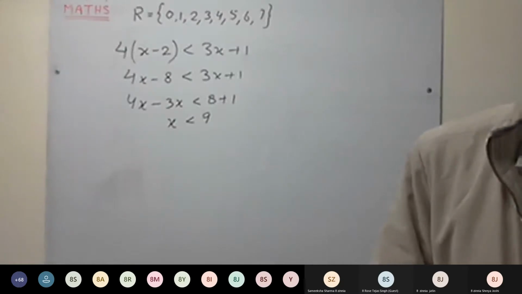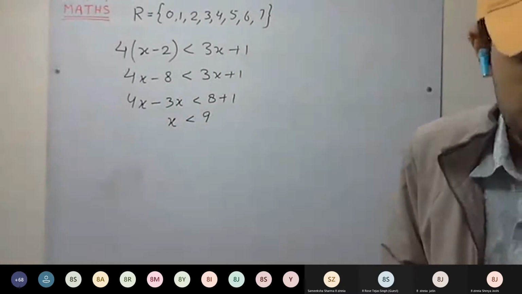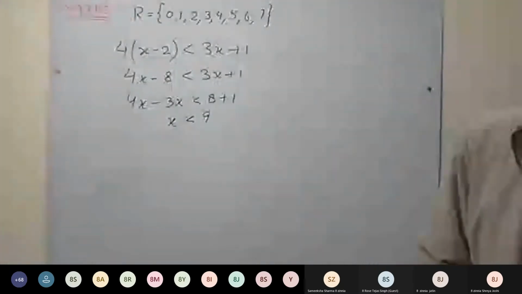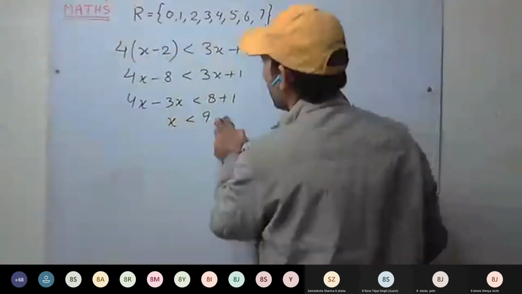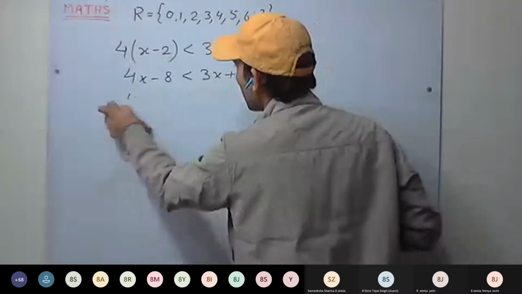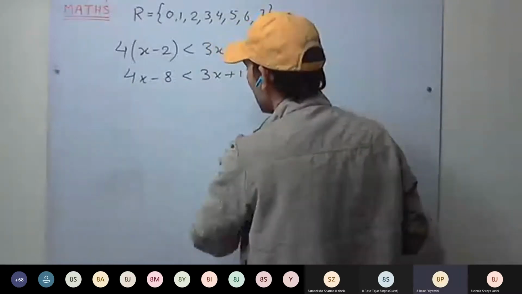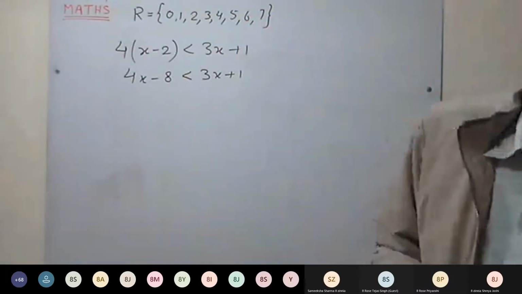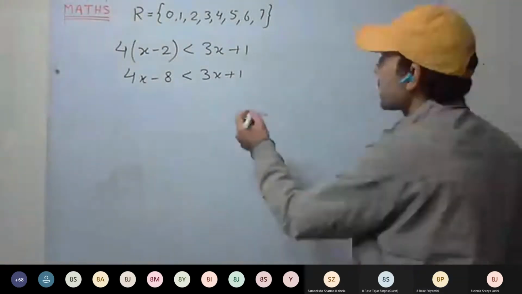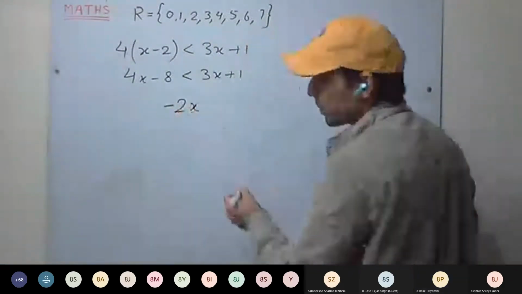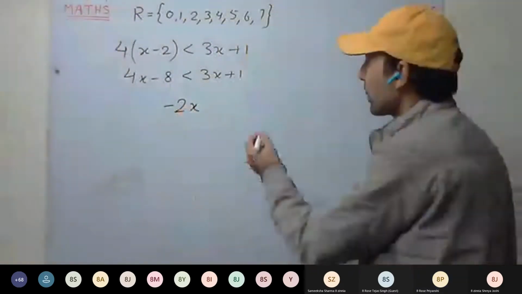Okay. We'll start the second question now. Second question, we have to represent graphically. Okay. This you understood? Sir, now can you explain the first 10th? First 10th, minus 2x plus 7 by 2.